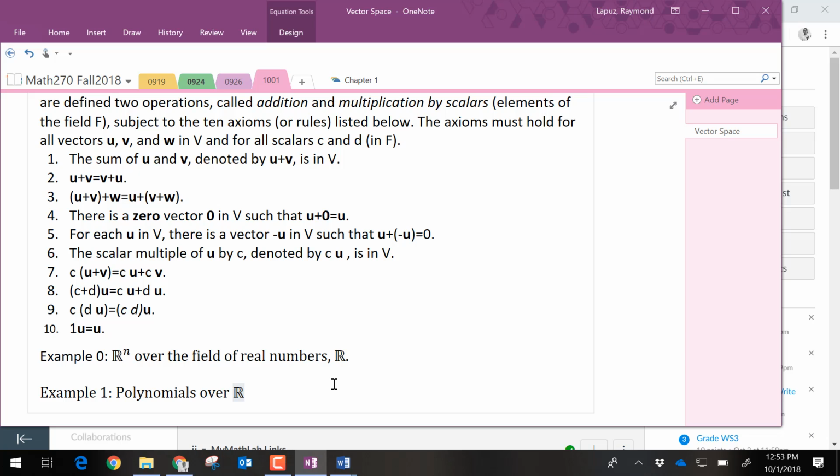The set of polynomials is also a vector field. As strange as that might sound, we can think about them as vectors as well, because they satisfy every single one of these properties. Okay? So without going through all of them in detail,